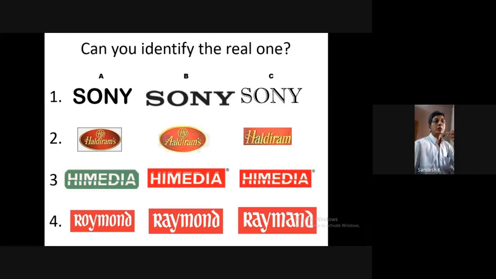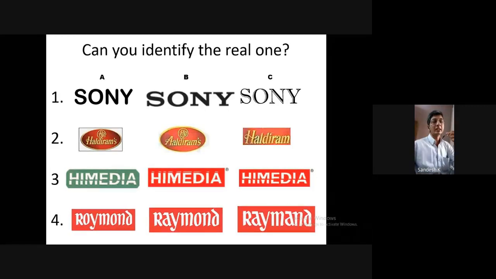Okay, so these are certain trademarks which everyone knows. Looking at the number 1, immediately anyone can make out. The number B is exactly the Sony brand, and the A and C are not. Nobody has told us, see, this is the particular brand, and this is not the brand. Just by our visual appearance we make it out. This is exactly the mark, and we go for that particular product. It's just a visual. Okay, next one, please.